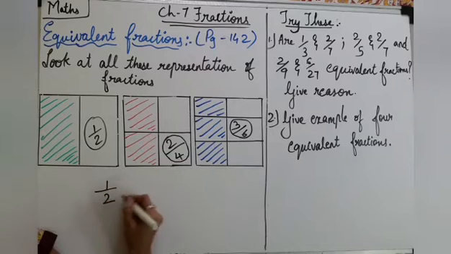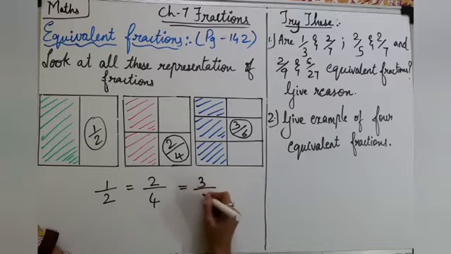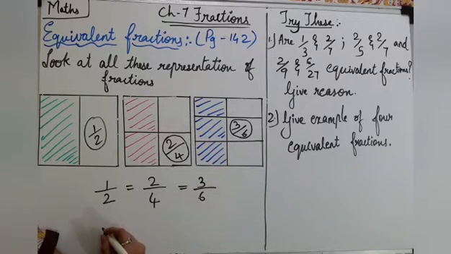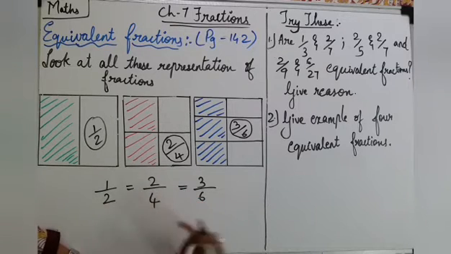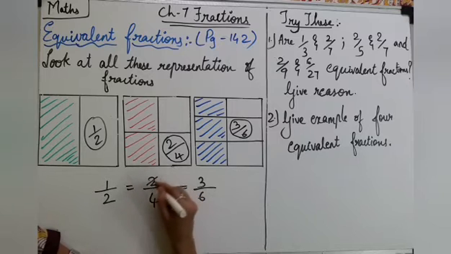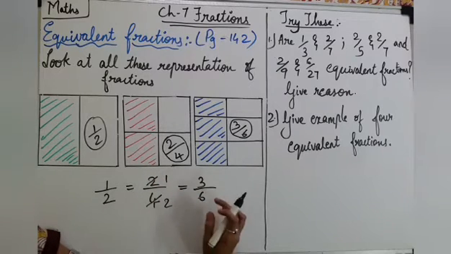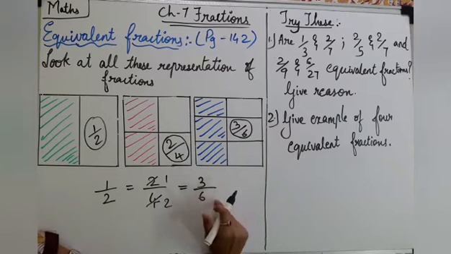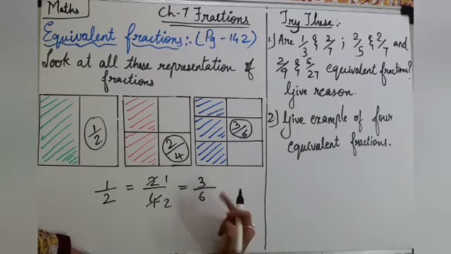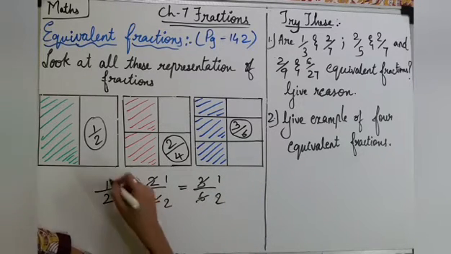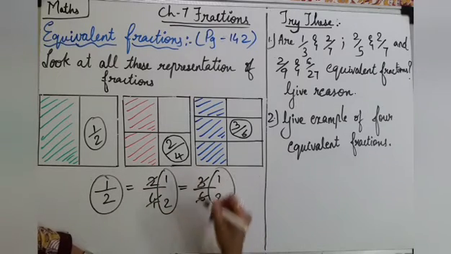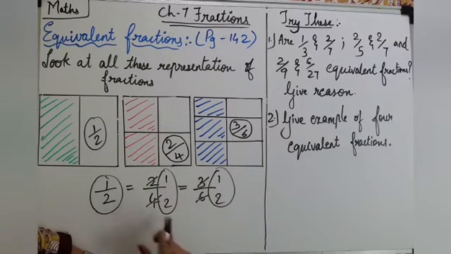Okay, so what I am saying, 1 upon 2 is equal to 2 upon 4 and 2 upon 4 is equal to 3 upon 6. How? As we have seen, 2 and 4 come in which table? The 2 table, so I will cut 2 ones and 2 twos. Again 3 and 6, do they come in the 2 table? No, 6 comes but 3 does not. But in the 3 table both come. So 3 ones and 3 twos. See, we got 1 upon 2, 1 upon 2 and 1 upon 2. Means all three are equivalent fractions.